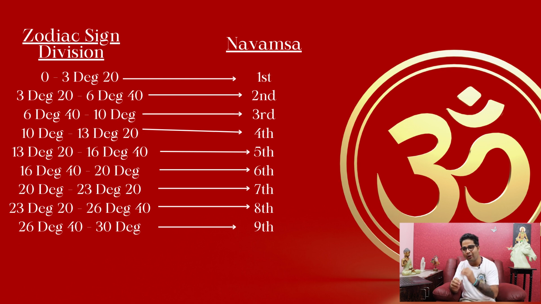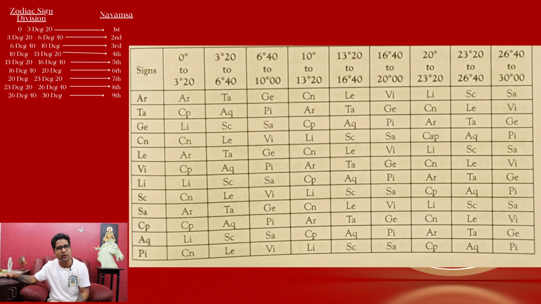Trust me guys, in the long term it will definitely serve you the most. You do not even have to look at the app or any software to know about it. So we got to know how the divisions are made in the zodiac sign. Now the next step is, as you can see over here, the very first slide which I showed you,